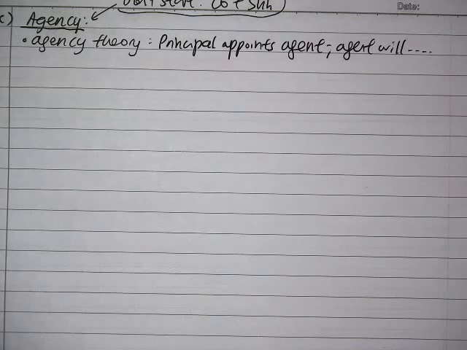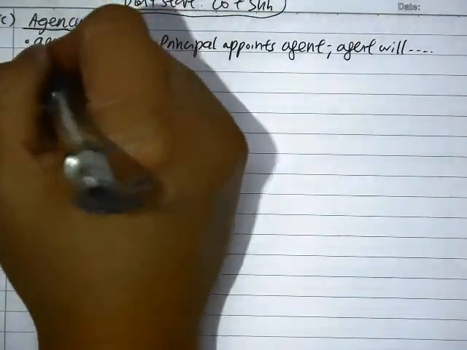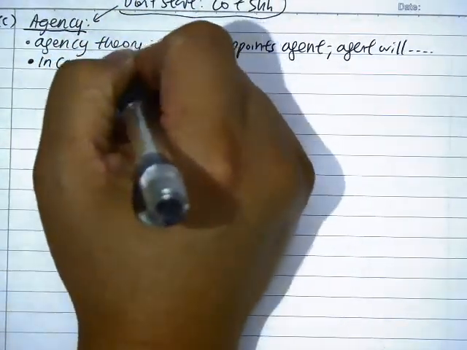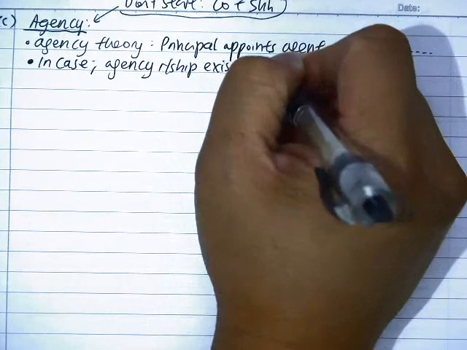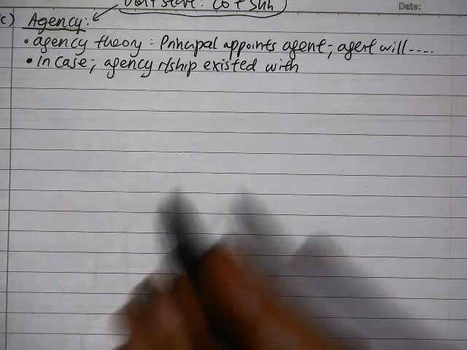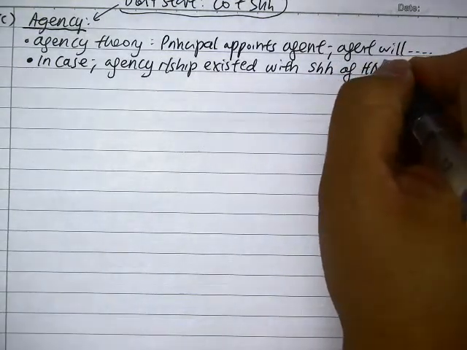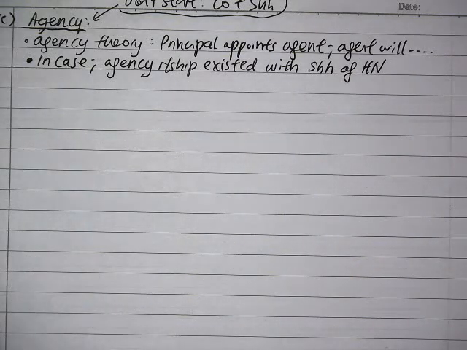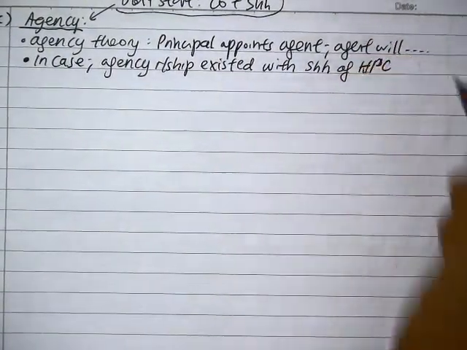Okay. After you say that, then you apply to the case. So you apply to the case. Now, in the case, an agency relationship existed with, who is the principal? With the shareholder of HPC, the company name. The shareholder of HPC